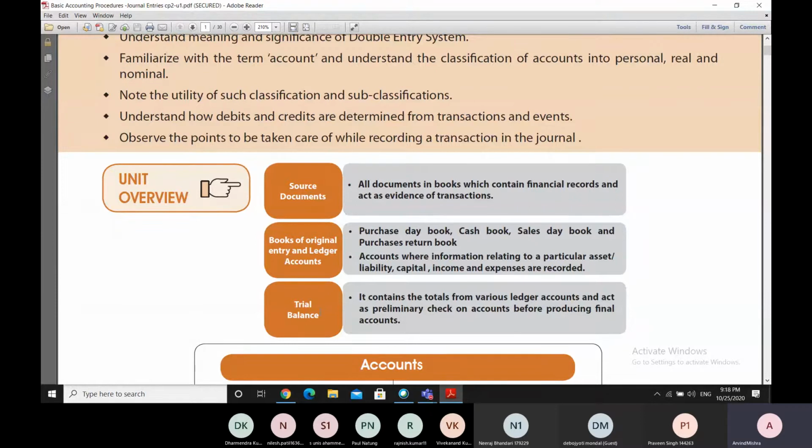Now, from the source documents that we have with us, which contain the financial record and which act as the evidence of transactions, we make entry into the original entry books. Now, which are the original entry books? The purchase book, the cash book, the sales book, the purchase return book. You can even say a sales return book. And of course,